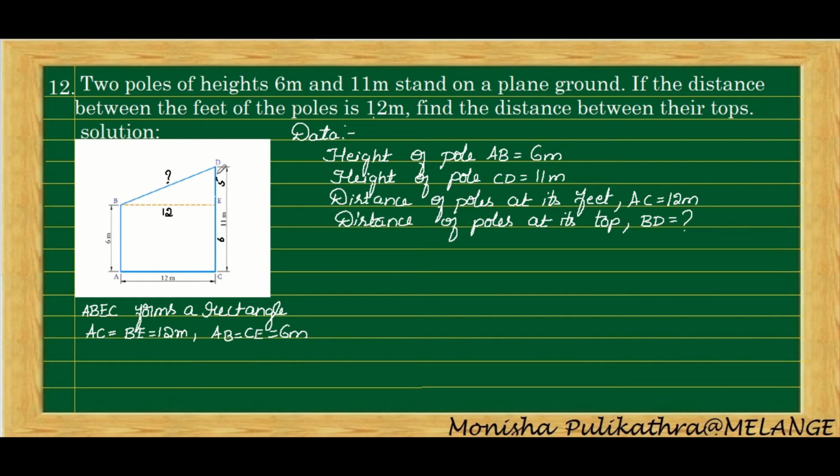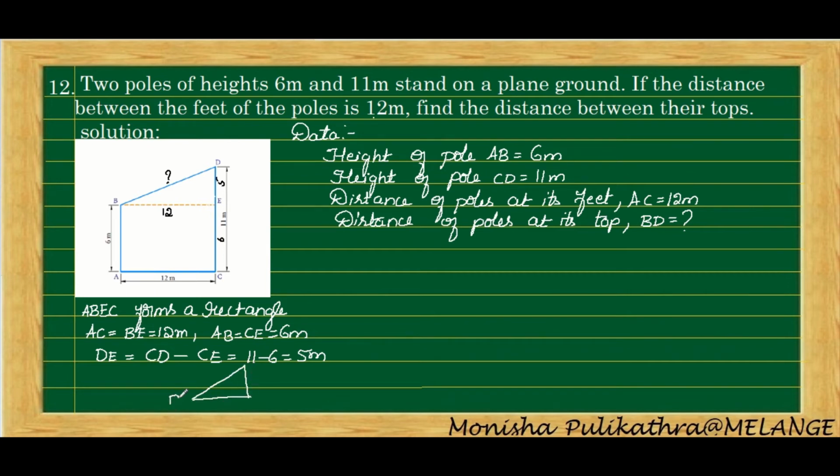So now a new triangle will form here if we join it. We need the distance of DE here. In order to get DE, we need to subtract this CE from the whole CD. If we subtract CE from CD, that is 11 minus 6 is equal to 5. Then the length of this DE will become 5. So now we got a new triangle with some construction here. So this will be our new triangle.